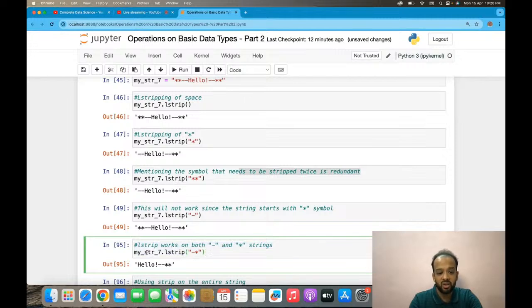What you can do is call the lstrip like this. You can mention that you want to remove the hyphen and you want to remove the asterisk. And the order is not relevant here, right? So that is one thing to keep in mind: the order of the characters entered within lstrip, or even for any other strip method for that matter,